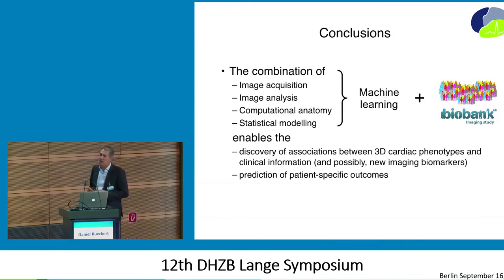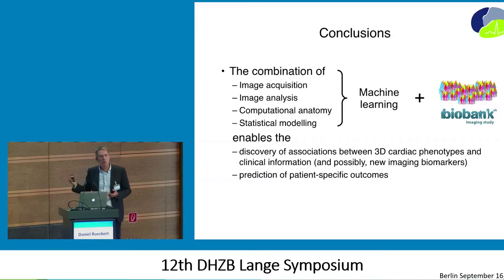So I want to stop here and conclude. I wanted to show you that if you combine machine learning with image acquisition, analysis, computational anatomy, and statistical modeling, you can really make quite a lot of advances. The key ingredient here is machine learning, but the second thing, which I haven't really touched on very much, is